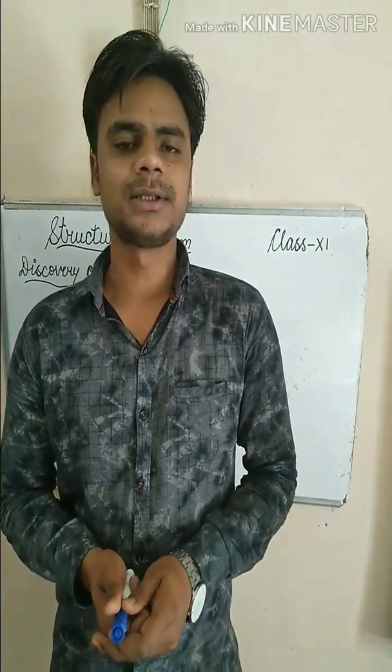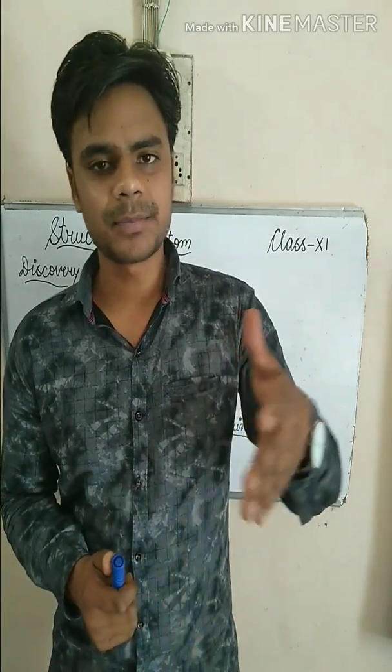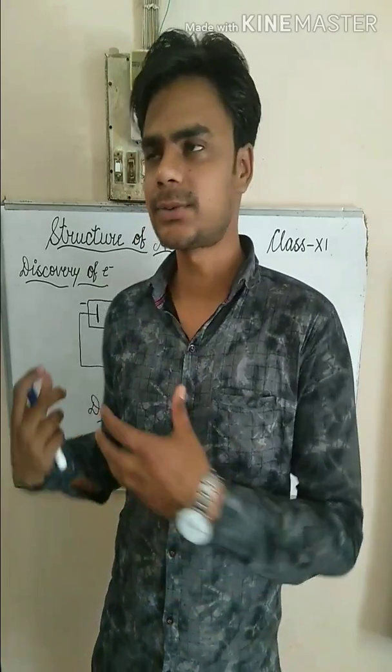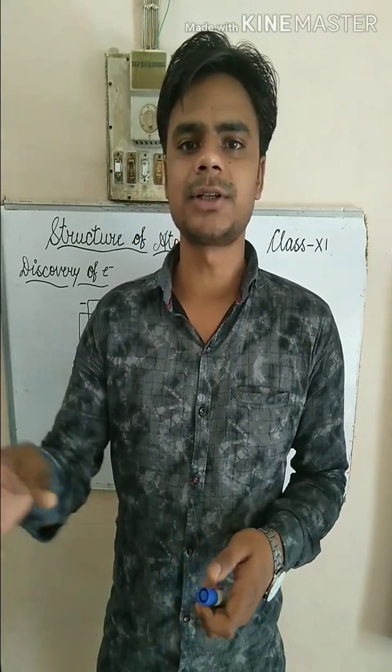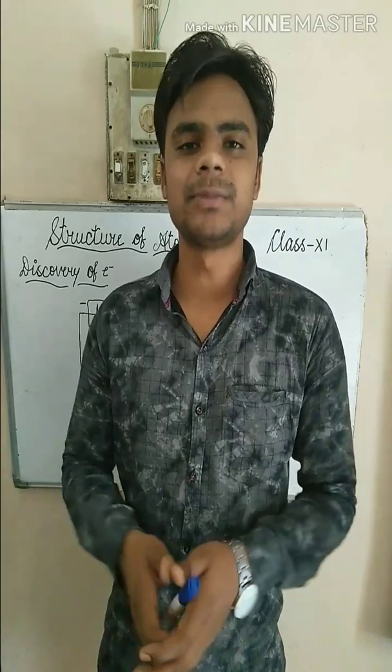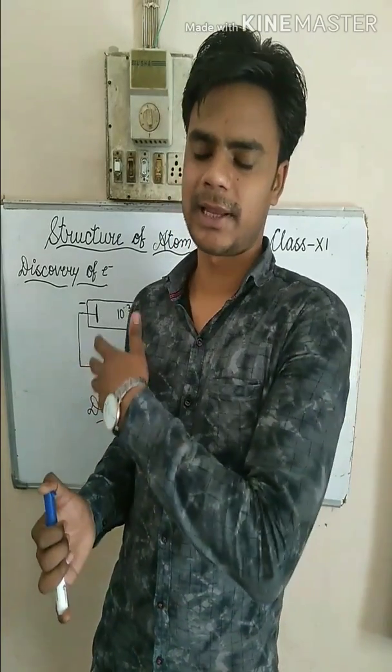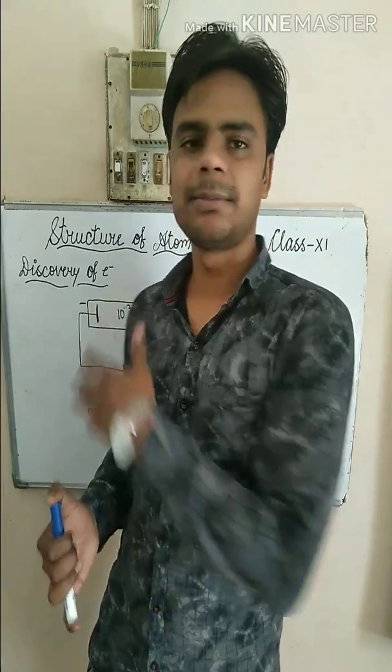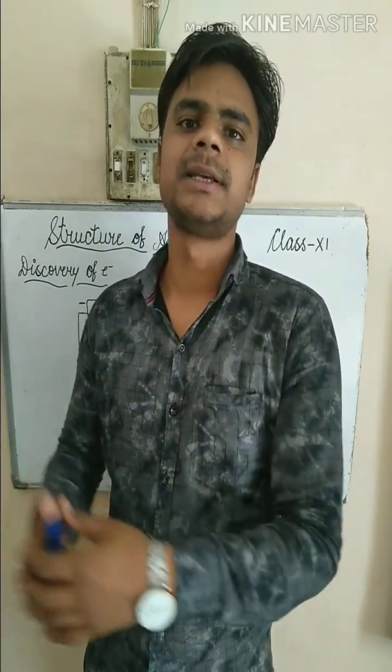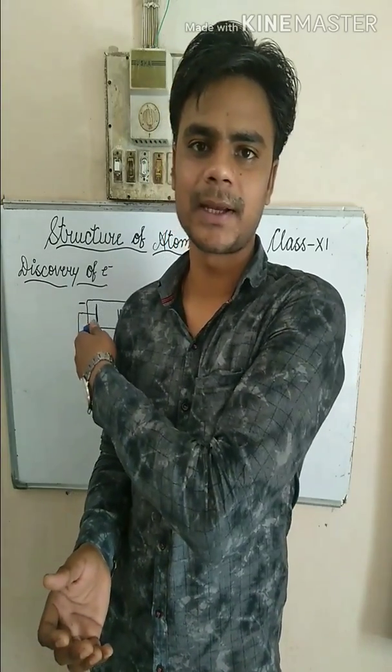My dear students, you all know the electron was discovered by J.J. Thomson, and in the previous video I told you that the electron was not discovered by J.J. Thomson alone. All the work that a particular scientist does is teamwork. In this discovery also, Thomson and his team worked together, and this led to the discovery of electron.